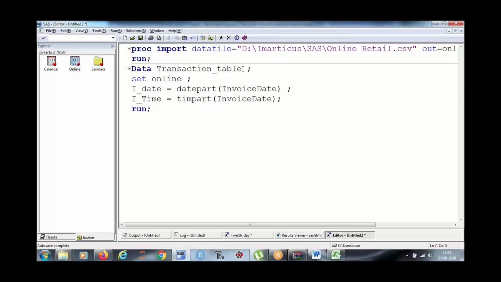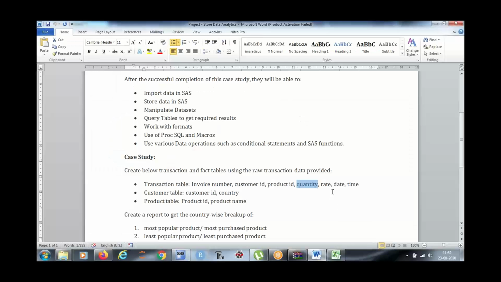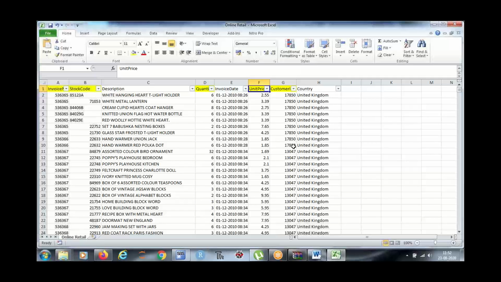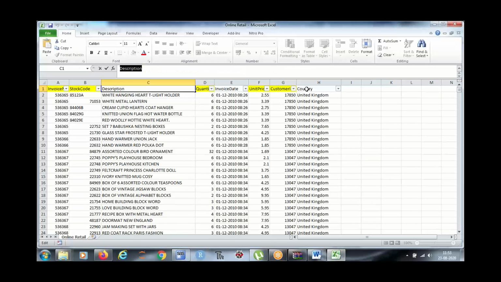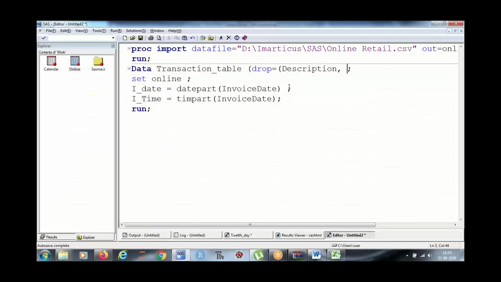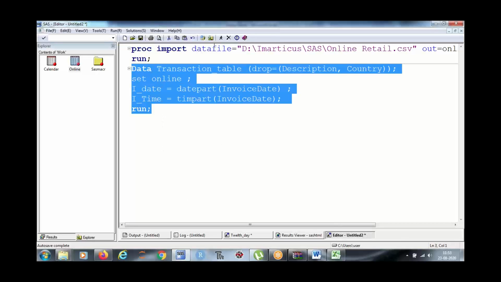So how will you do that? Drop description and country, and run.